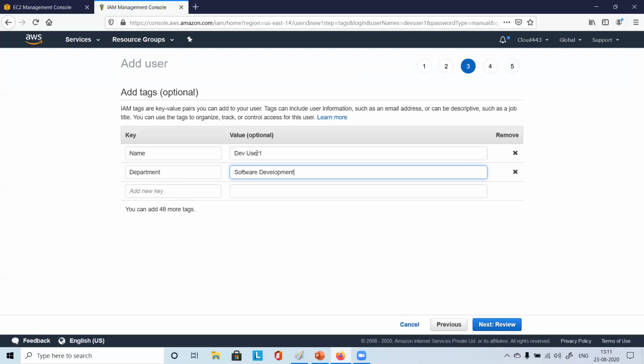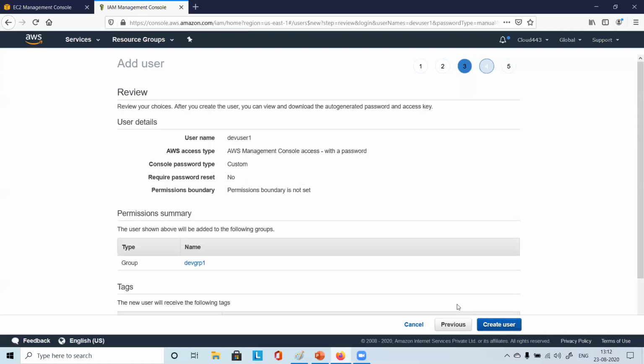But this is a tag, so we should give a smaller value. We'll give dev user one, maybe we'll say software. We can simply say software, so that much should be enough. You can add 48 more tags, so a total of 50 tags are allowed here for this particular resource.